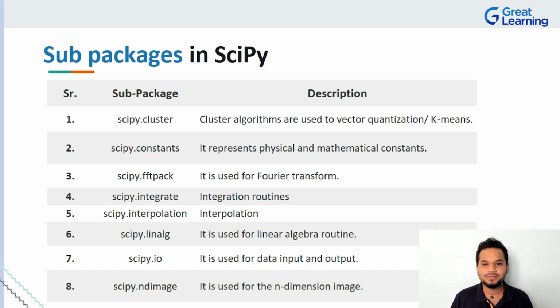There are many concepts, and if you are an astrophysics geek like me, you will definitely be familiar with how complex things can get there, right? So SciPy provides a way of handling all of that easily. And FFTPack, if you're wondering what FFT stands for, basically stands for Fourier transforms, right?